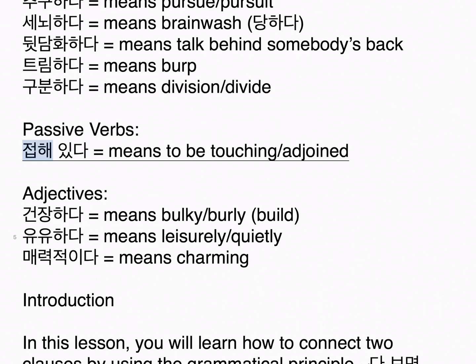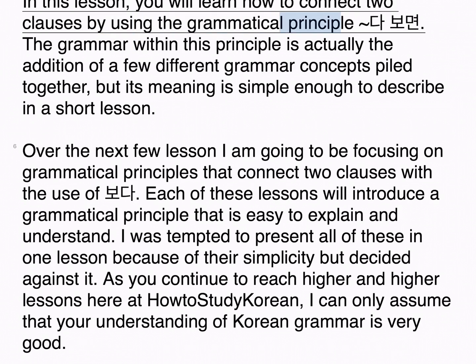Passive verbs. 접해 있다, means to be touching, a joint. Adjectives. 건장하다, means bulky, burly, build. 유유하다, means leisurely, quietly. 매력적이다, means charming. Introduction. In this lesson, you will learn how to connect two clauses by using the grammatical principle